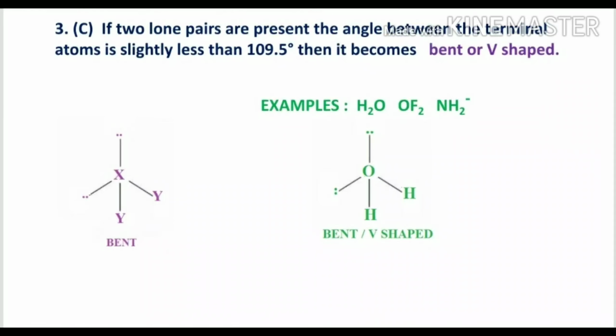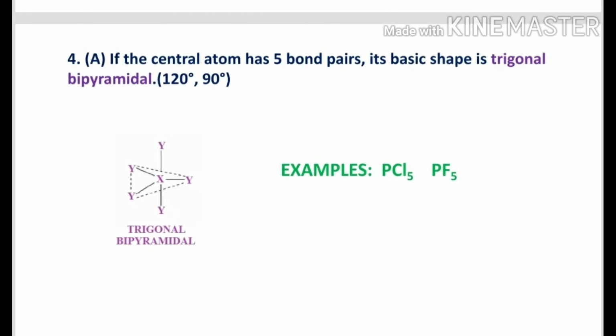Some other examples are OF2 and NH2 minus. Now the next one is 4a. If the central atom has 5 bond pairs, the shape is trigonal bipyramidal. There is a 120 degree angle because of the trigonal structure. The angle between the bonds is 120 degrees in the trigonal planar arrangement, and the axial